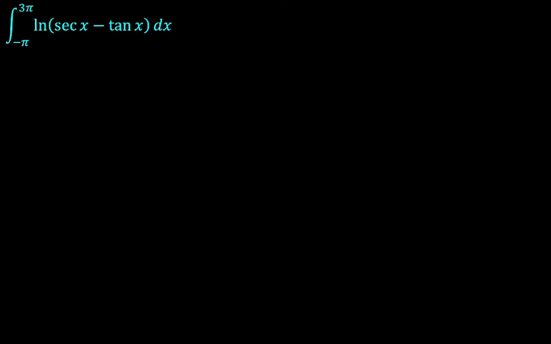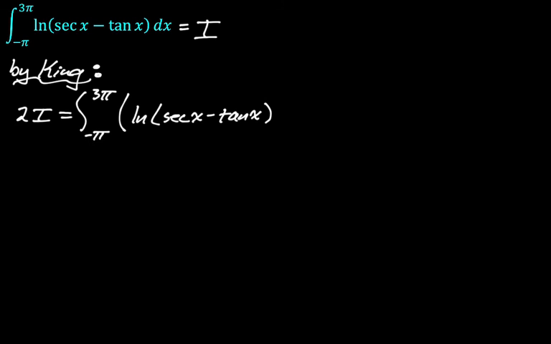So negative pi to 3 pi, natural log of secant minus tan. We're doing the king property. So we're going to say by king, we're going to add our integrals together. So 2I is the original. All right, so